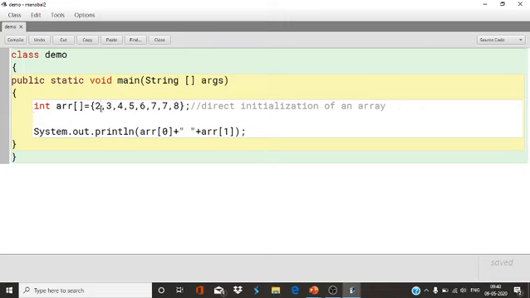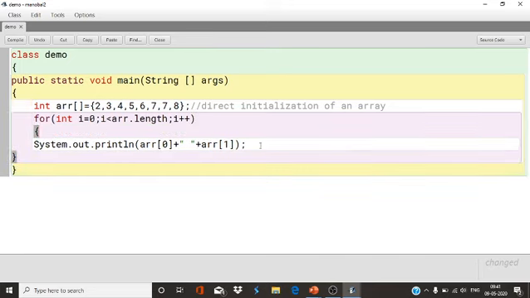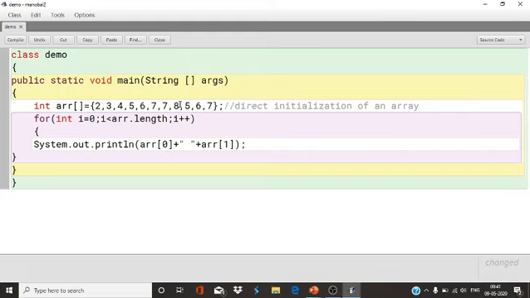I will start from 0 to the length of that particular array, and I will print all the numbers. So suppose I use for i. The index of an array always starts from 0, so i equals 0, i less than, we don't know the length, so I will write arr.length, i plus plus. Length is a property of an array. With the help of that we can find the length of an array. So here we don't know the size because how many values are there we don't know. So we have to print all values.